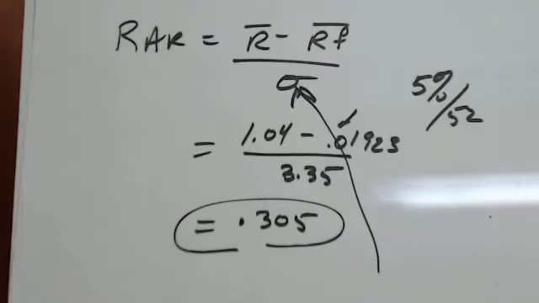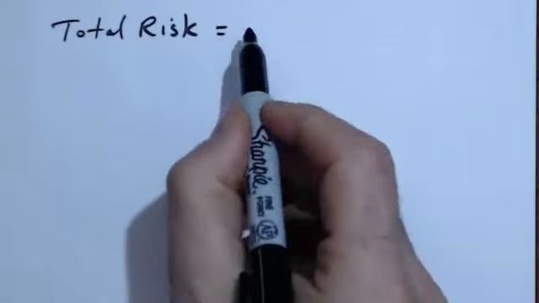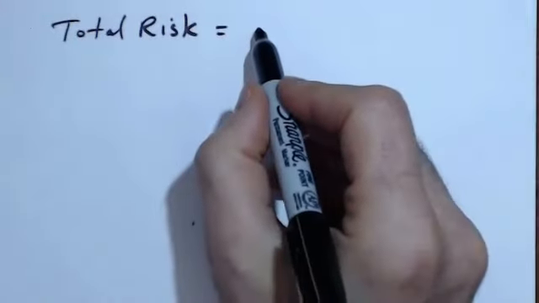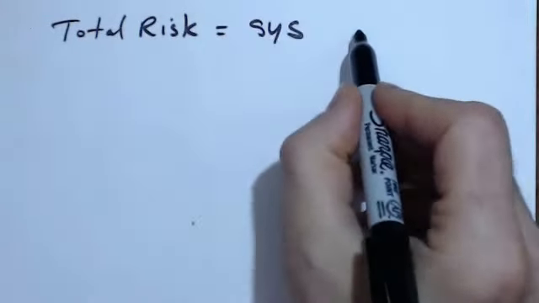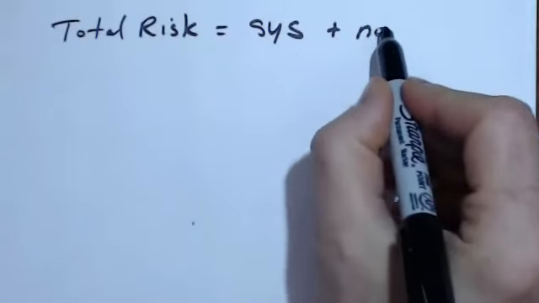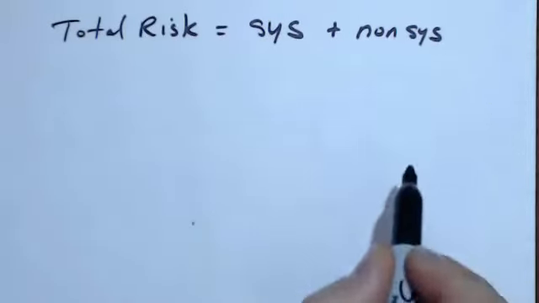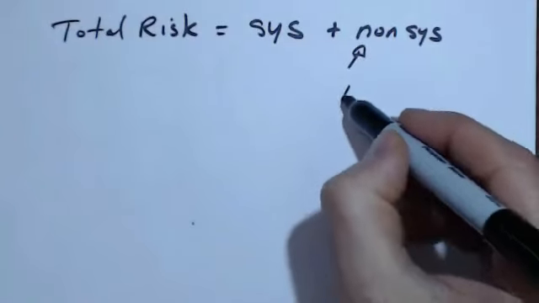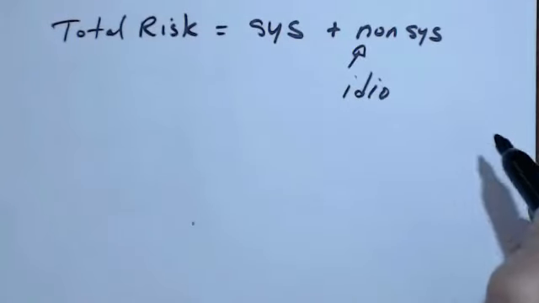It is discussed in Chapter 1, believe it or not, of your text. I'll talk about it because it's going to keep popping up even before I present it formally in later chapters. So let's capture this idea of total risk using a formula. And so we have total risk equals systemic risk plus, I'll call it non-systemic for the minute. This is often called idiosyncratic risk,